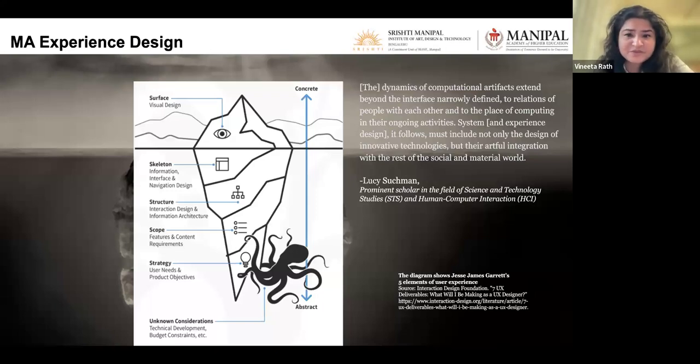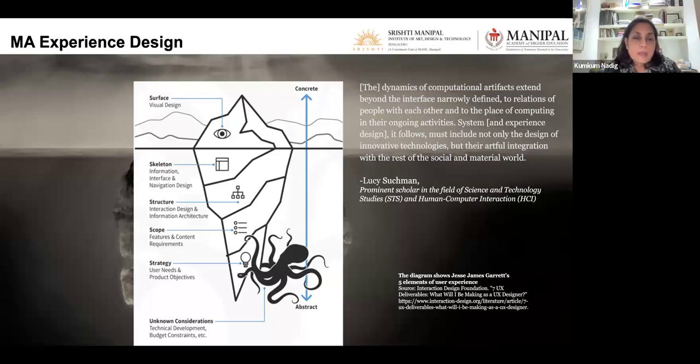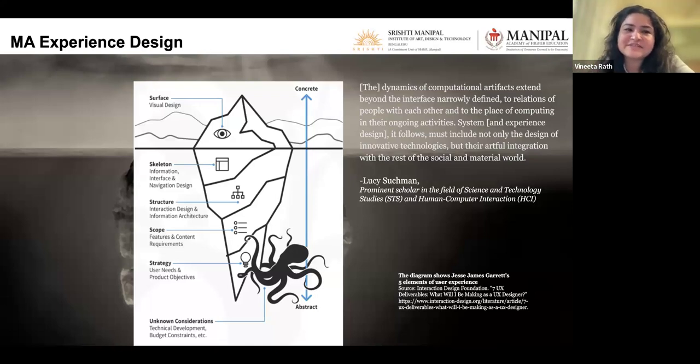So I borrow from Lucy Suchman, who talks about how computational artifacts extend beyond the interface, but they have to really be part of people's lives and their ongoing activities. And therefore, how should experience design then be? So this is where we want to say that it's really different from the typical definition of a UI or UX practice, which looks at either the interface or the experience design from the user's point of view. Here, we're expanding that definition to look at it more holistically. And therefore, Aparna, if we could move to the next slide, then we can talk more about how we are